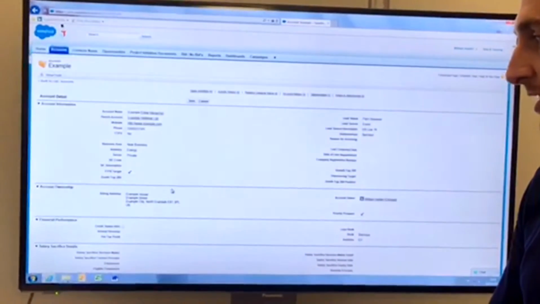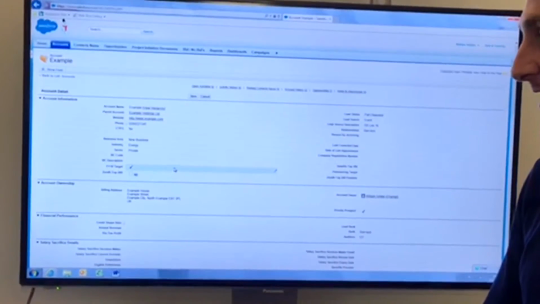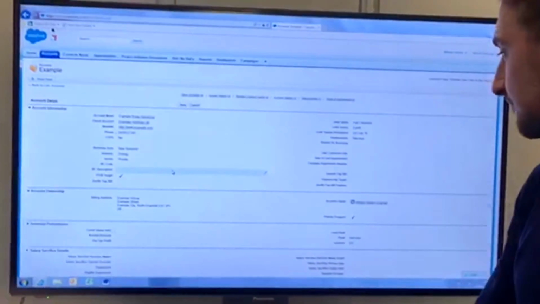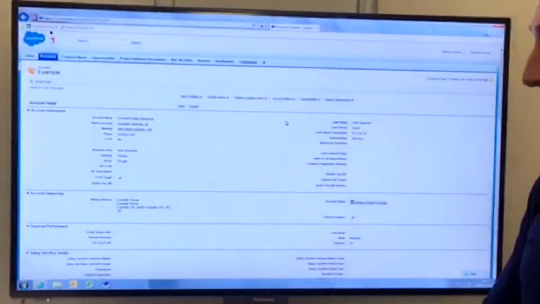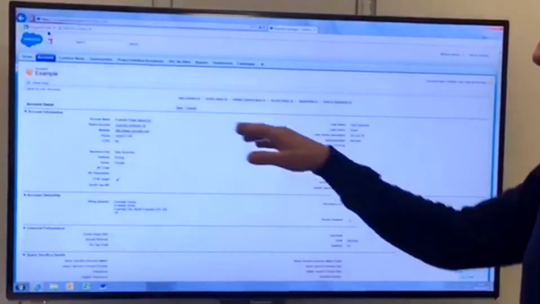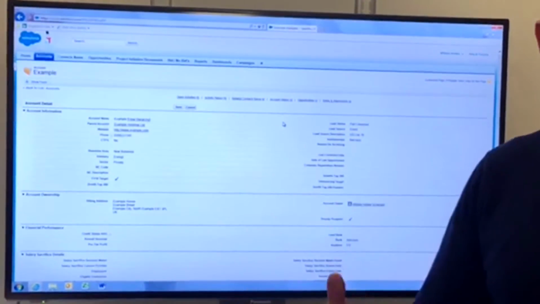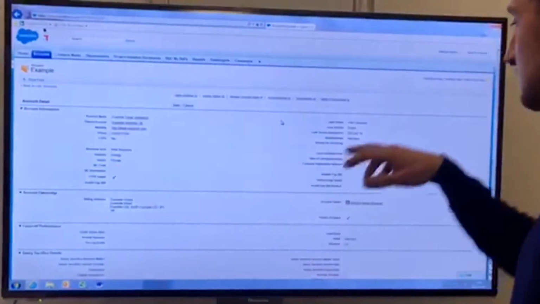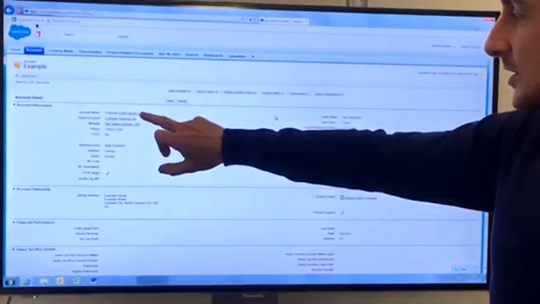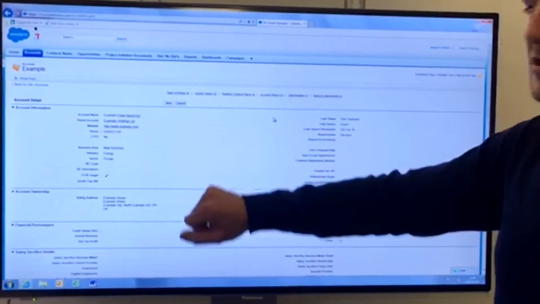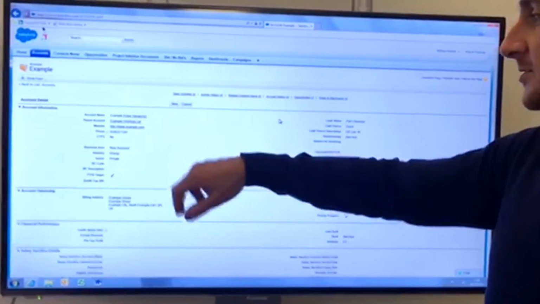You just simply tick. But again, double clicking anyway to be able to tick that box. So as I say previously, we're basing this on the fact that we met this person at a trade show. So in this account, you can see that we've got an account name, example, which is the parent company is Example Holdings, website,